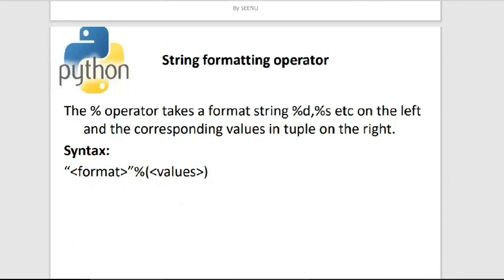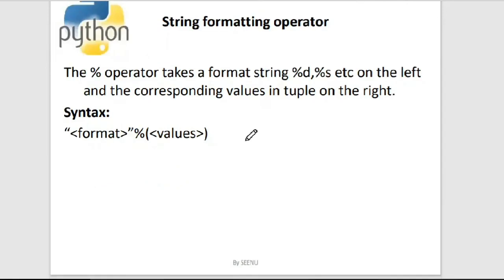Okay, so next one is the string formatting operator. You have seen this concept in your C programming, wherein we do type conversion. You write a scanf statement and do some type conversions whenever you want to read a variable which is an integer. The conversion specification of an integer, you call that the conversion specification or conversion format. In C programming, the associated format string is %d. If you want a float value, you say %f, for a string %s, and so on. You can also use them in your print statement.